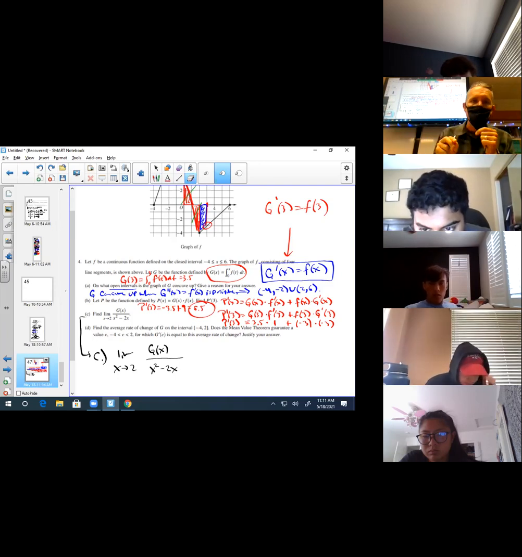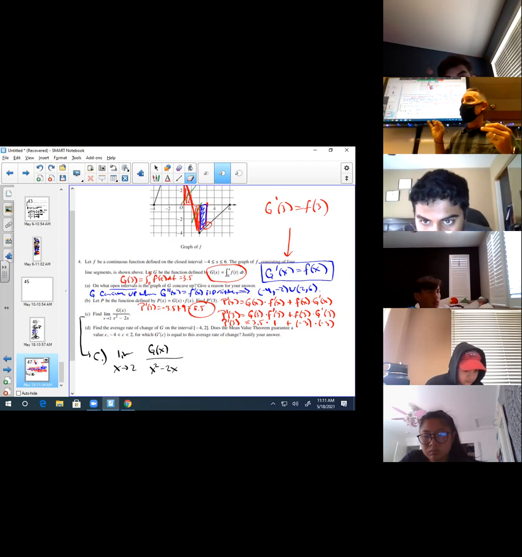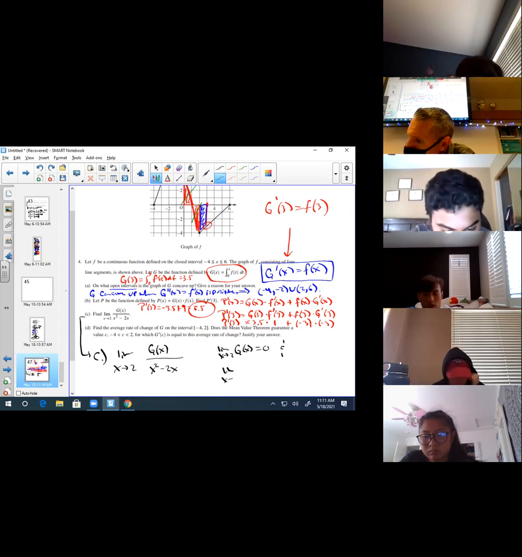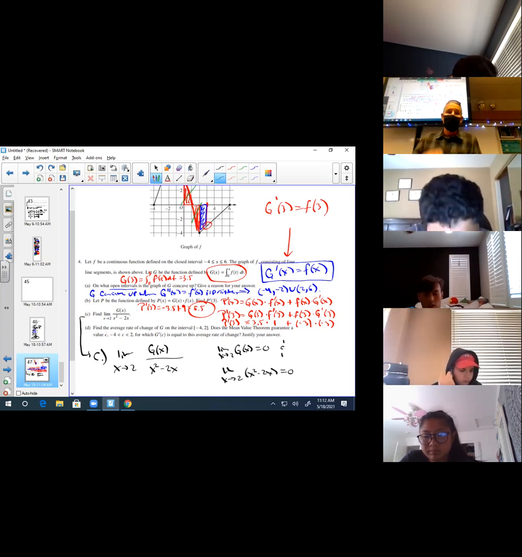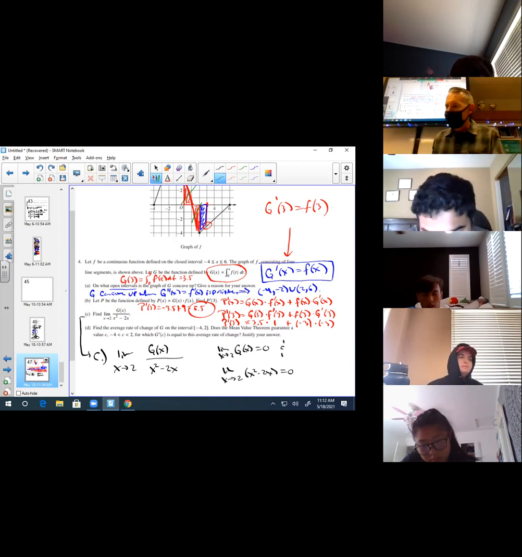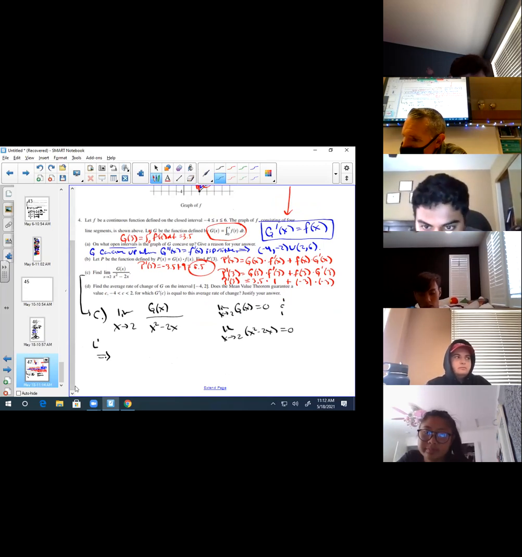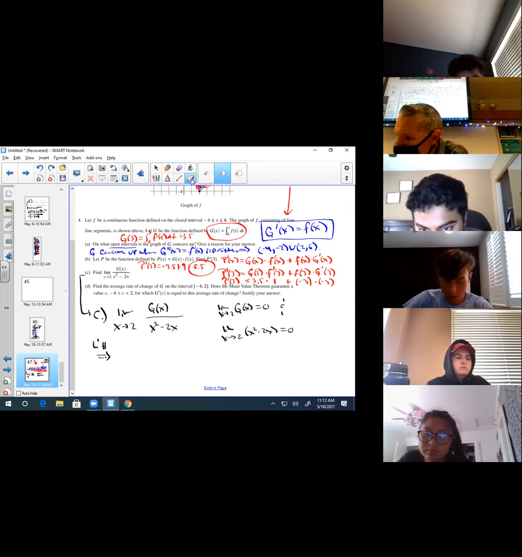Instead of putting 0 over 0, that's my little shortcut way of showing you that it's L'Hopital's rule. On the AP exam, this is what I would want: the limit as x approaches 2 of g of x equals 0, and the limit as x approaches 2 of x squared minus 2x equals 0. So instead of putting 0 over 0, you would write it this way. Then you could say, therefore, by L'Hopital's rule,